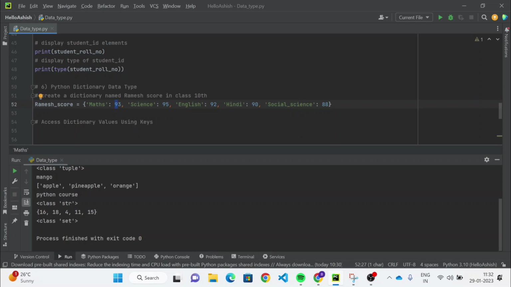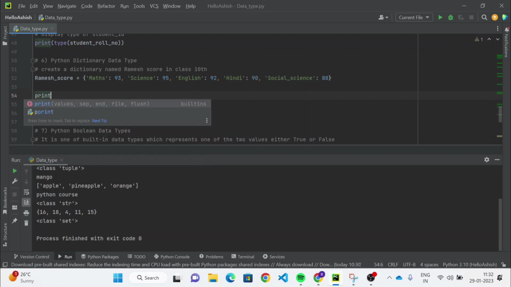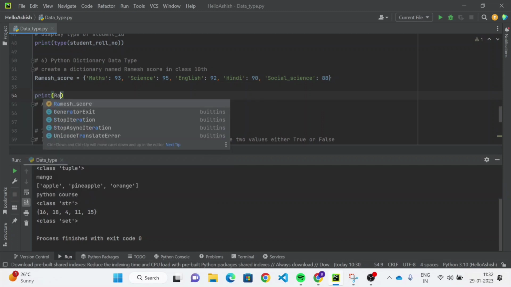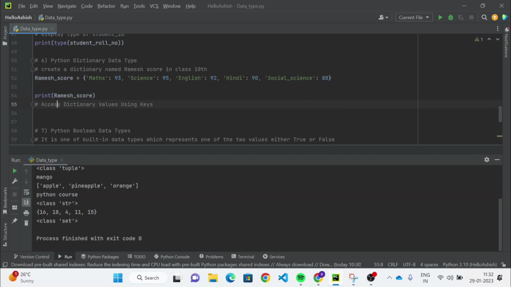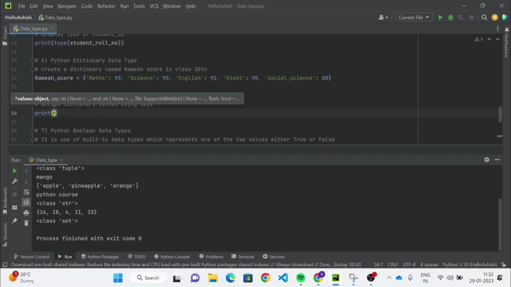And how can we access dictionary values using a key? Let me show you. So first let me print what exactly is in Ramesh score, and then we will see how to access it.